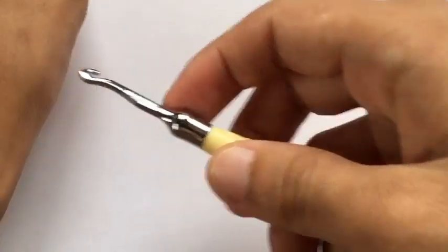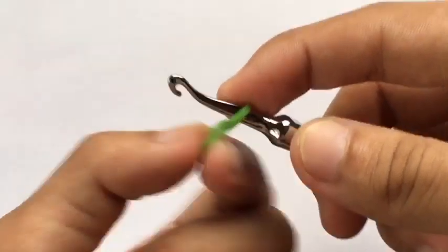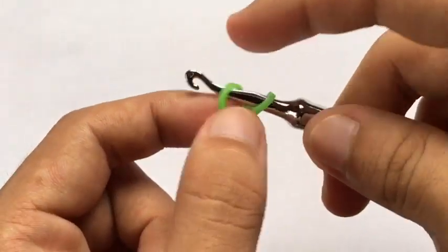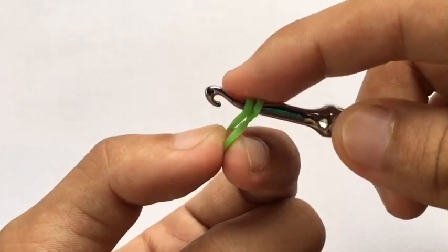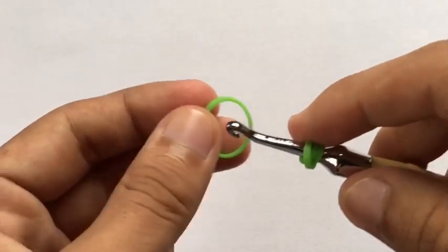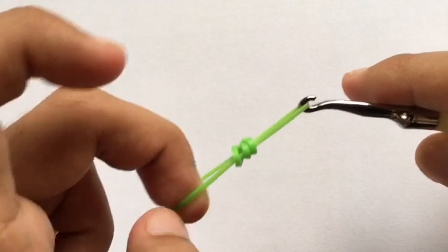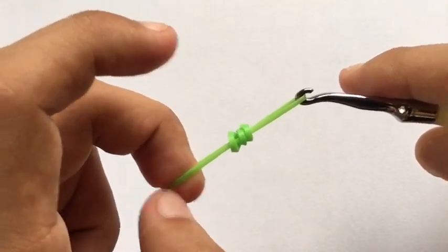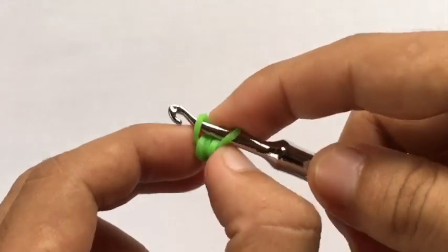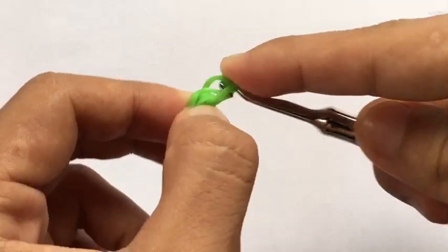So what you're going to do first is a magic ring of 2 stitches. So twist your band to the left, put the twisted side on your hook, grab this loop on your left, twist it again to the left, and put to your hook. Now you want to grab 1 band and slide this cap band onto that band. Then you, with this other side of the band, you want to put it onto your hook again, back on your hook. Now you have 2 loops on your hook, push this right one over this one on the left,